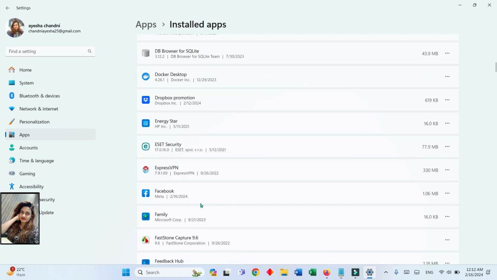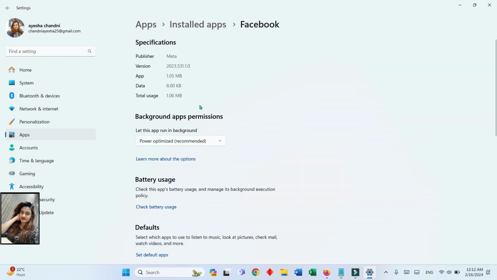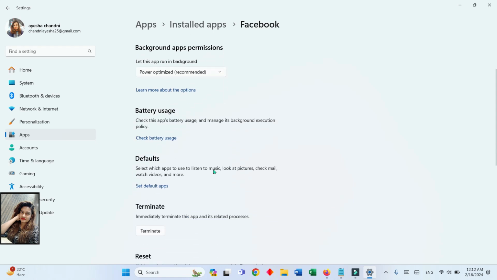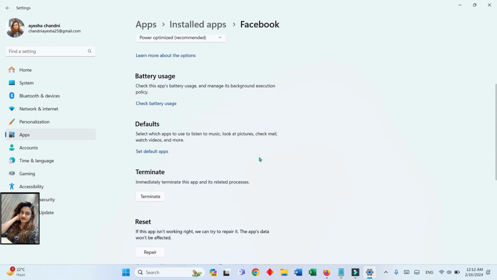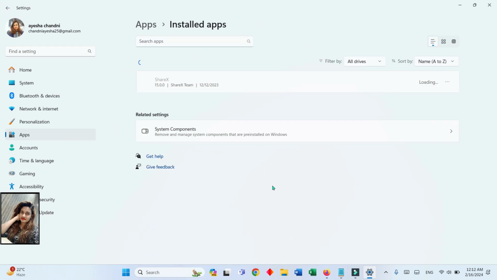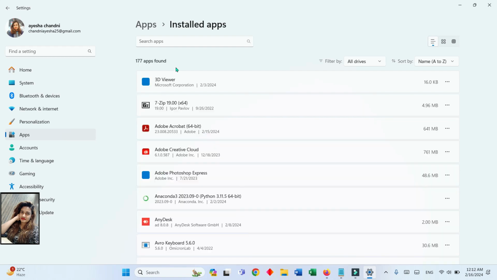See here the Facebook app which we have installed in our Windows 11. So here there are a few options, advanced options, uninstall options. So let's check what the advanced options have. Here is the version specification, background and permissions, lots of things, default permission, termination. No need to worry about these things. We will just do the uninstall, then click